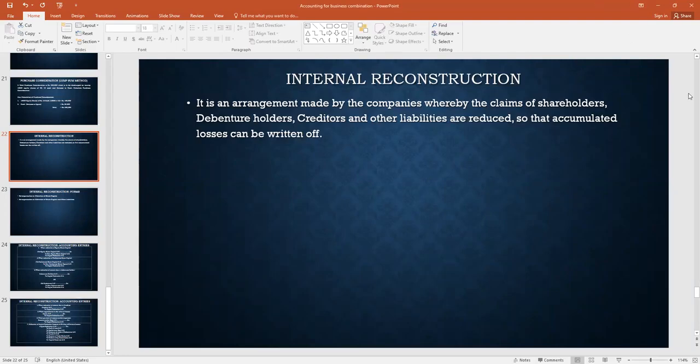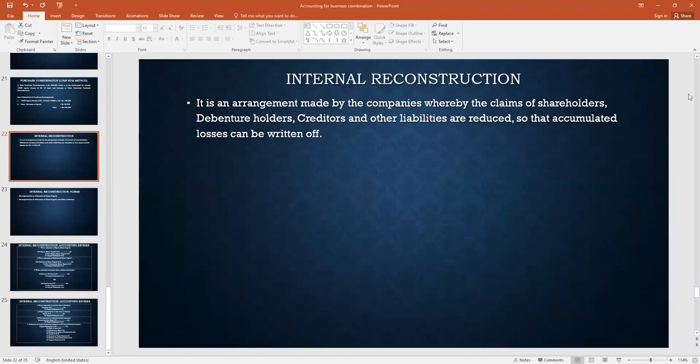Good morning, all. Today we are going to discuss internal reconstruction. In this unit, we have two topics, basically internal reconstruction and external reconstruction. But today we are going to discuss what internal reconstruction is, what the different forms of internal reconstruction are, and, if any company is going for internal reconstruction, what journal entries they have